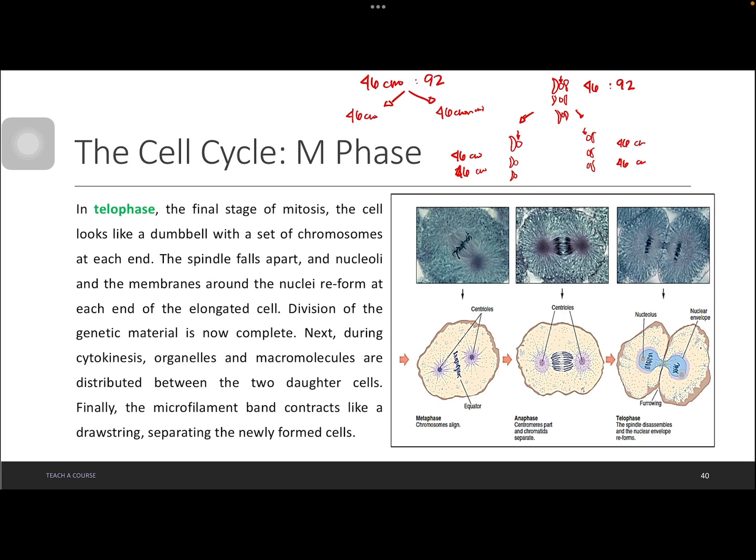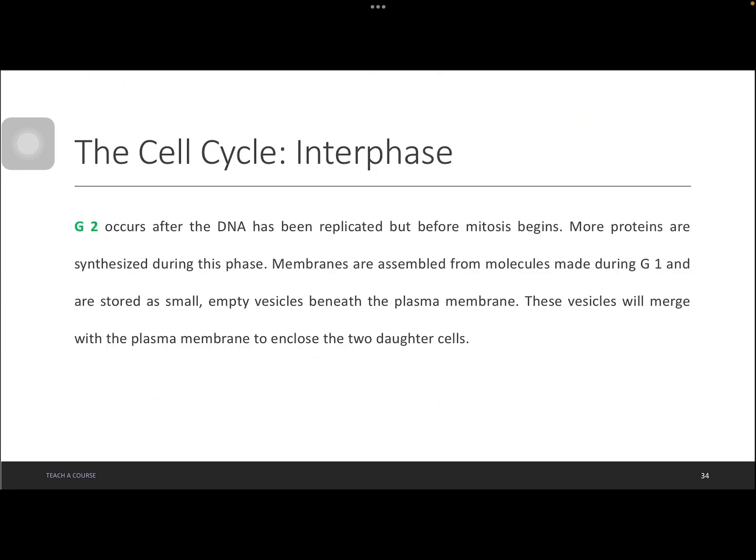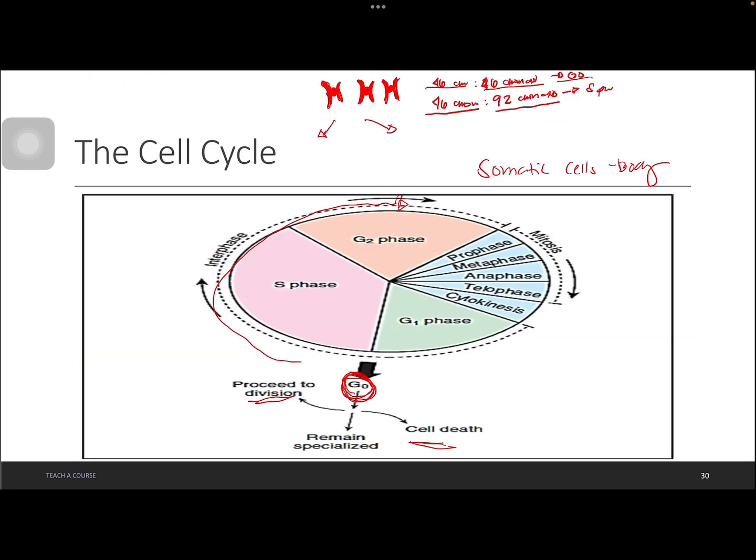And last po niyan, is cytokinesis. Of course, cytokinesis just forms the cell membrane. Yun lang po yung ginagawa ng cytokinesis. So, wrap up natin, class, from the very top para maulit-ulit po natin at matandaan. So, start natin. So, from G0 class, once again, G0. So, G0, magkakaroon po ng decision-making the cell, whether to proceed to cell division or to proceed to cell death. So, if the cell will proceed to division, it will now go to the interphase